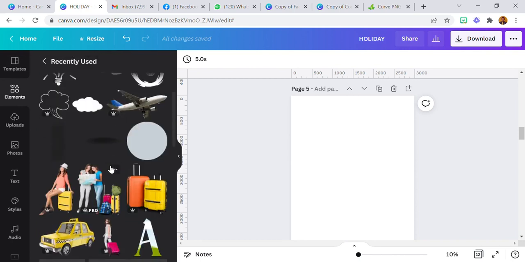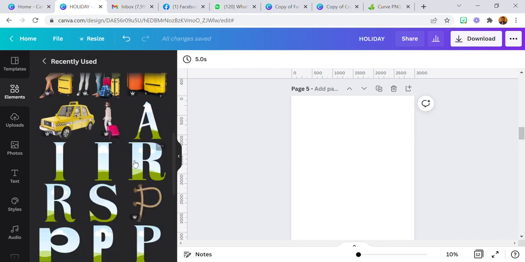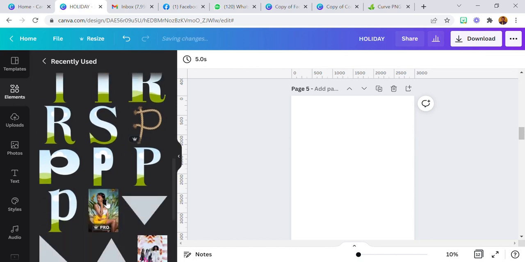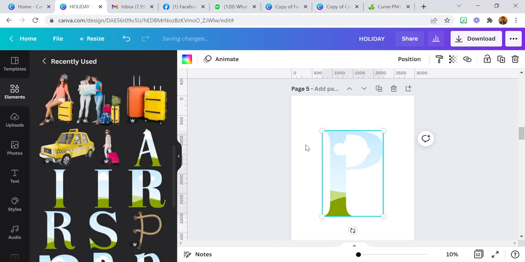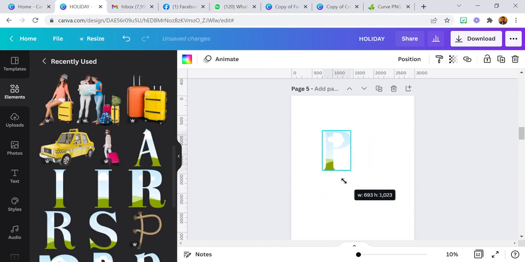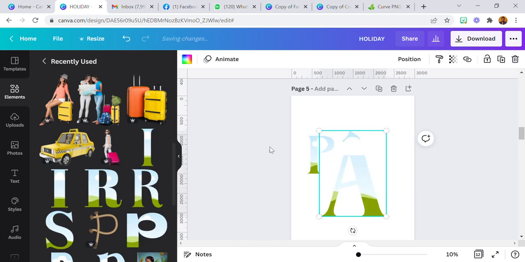These particular letter frames you can just search for. You can search for the particular letter, maybe type letter P frame or letter A frame, using the element section, and a lot of options are going to appear. Then you can go for the particular one that you want to use. Now this is letter P, this is letter A,